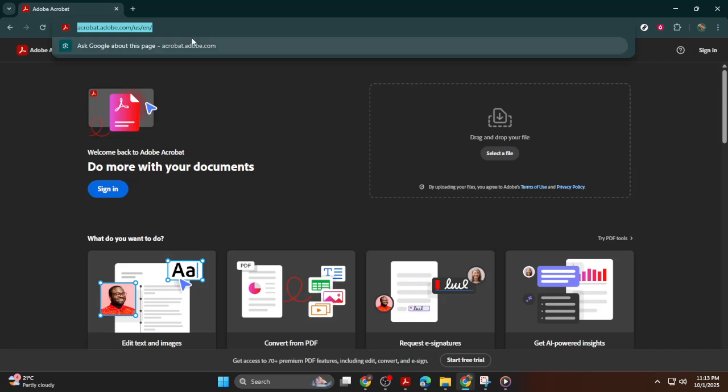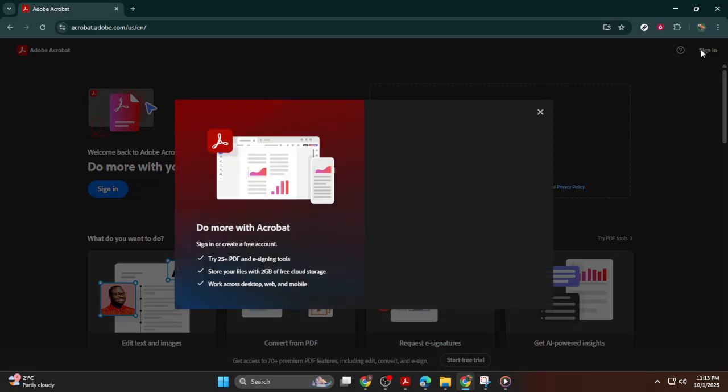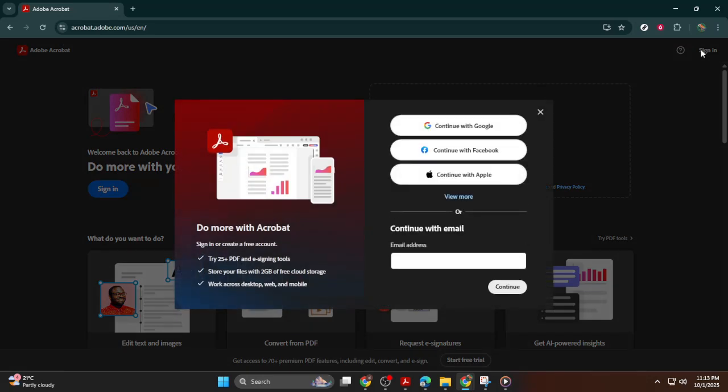First things first, you need to open the Adobe Acrobat website. If you have a web browser open, simply type in the address or search for Adobe Acrobat in your preferred search engine. Once the page loads, your eyes will naturally be drawn to the top right corner of the welcome screen. Here, you'll find the all-important sign in option. Alternatively, depending on specific layouts or updates to the website, you might notice a large, prominent sign in button on the main page itself. Regardless of where you find it, go ahead and click on this button to initiate the